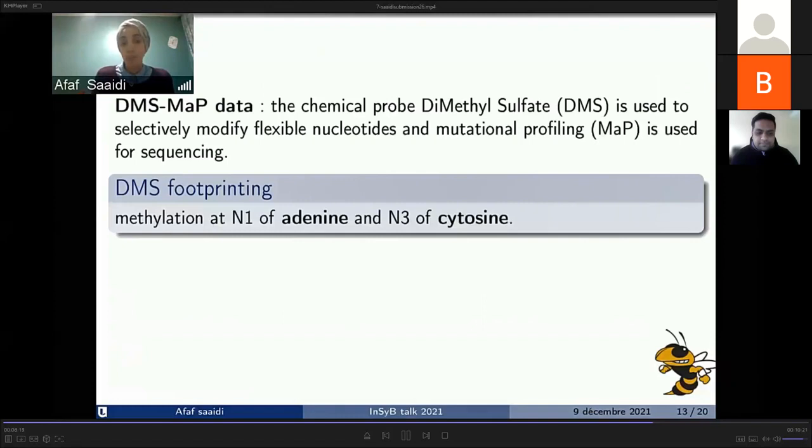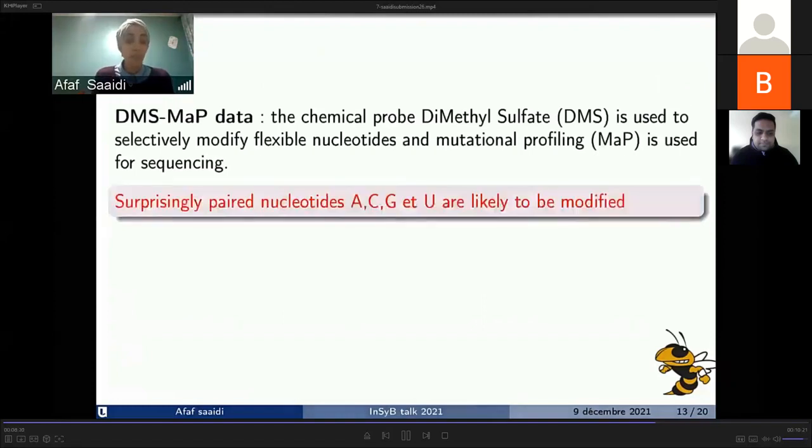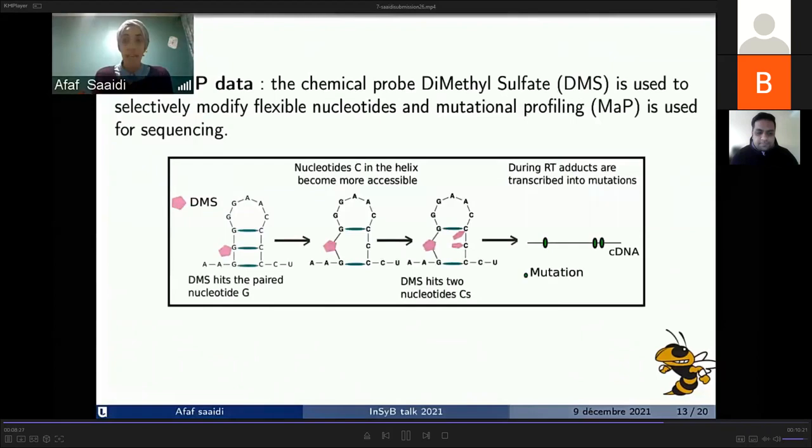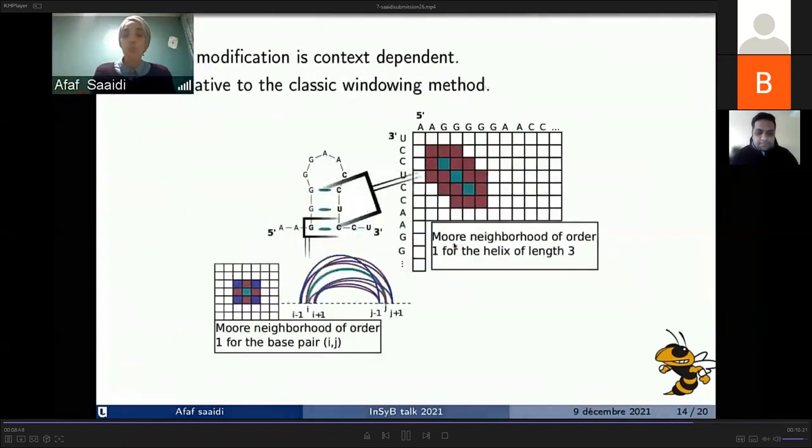DMS is supposed to interact with adenine and cytosine, but we have found that paired nucleotides, G and U, are likely to be modified. The intuition is the following. When a DMS molecule hits a nucleotide that is involved in pairing, the other nucleotide becomes accessible. Another DMS molecule comes and interacts with this one, but not only this one, also the one that is in the neighborhood, for which we had